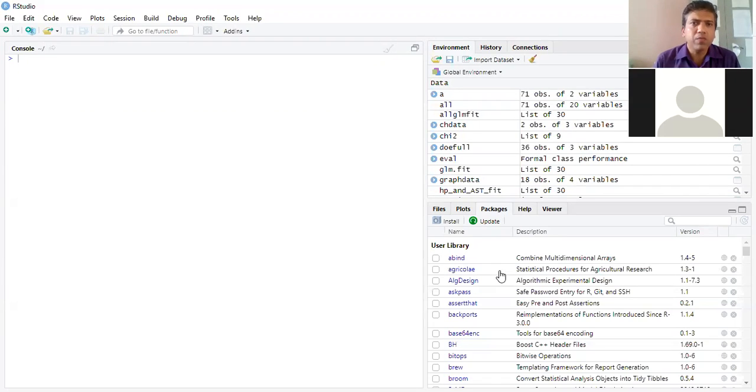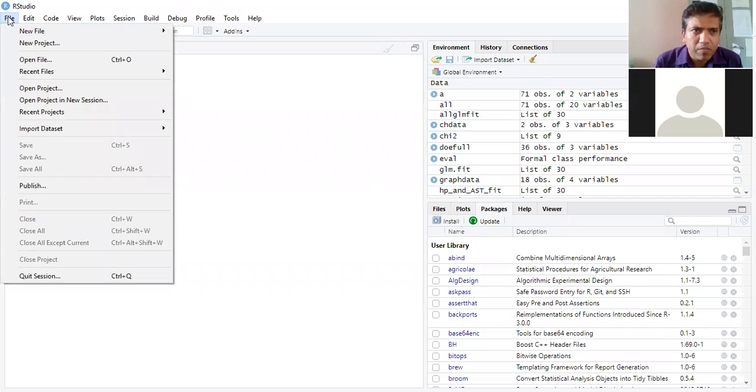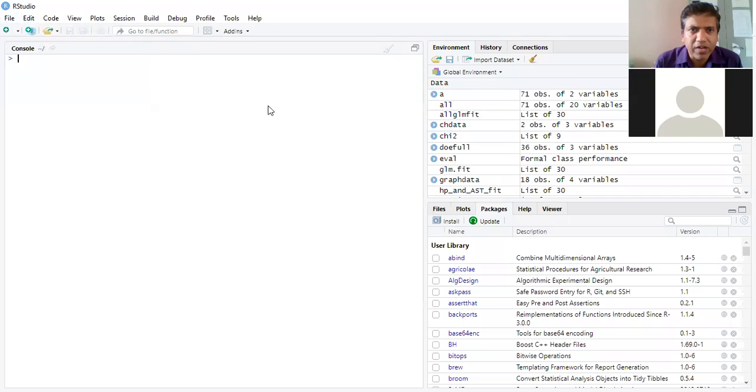Now in the R console, if I go to the file, I think what you can do is just write it down somewhere.